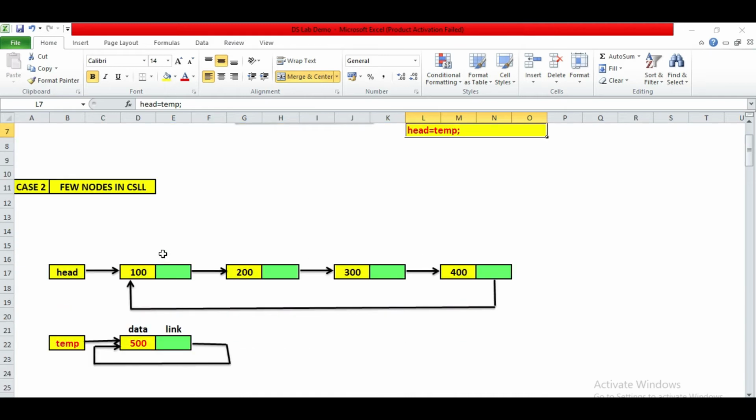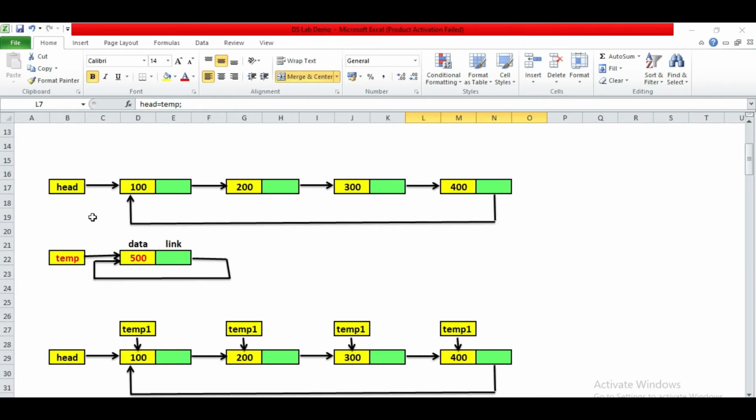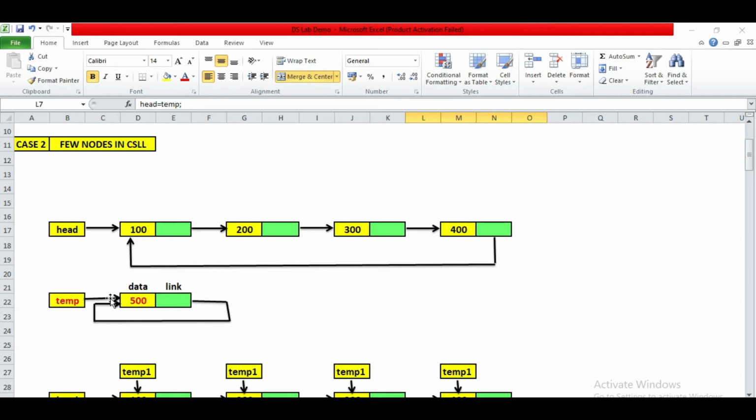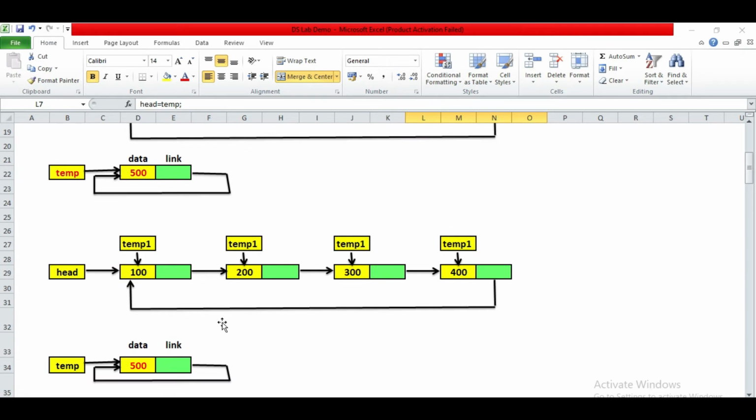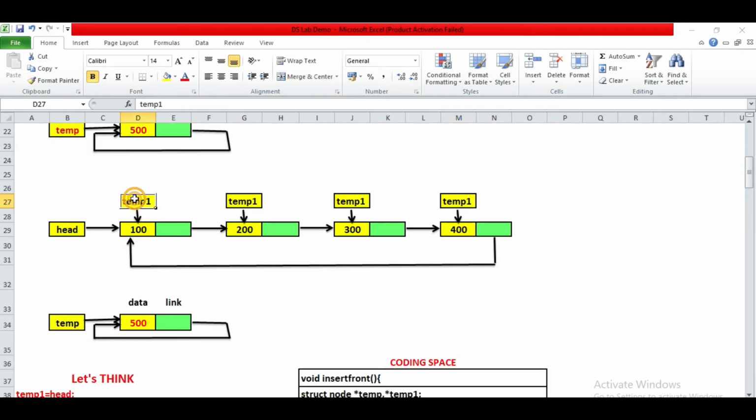Now in case 2, if you want to insert the node at the beginning of the CSLL, what do you have to do? First, you have a pointer pointing to the first node, and you move it from the first node to the last node. Then you make certain changes.